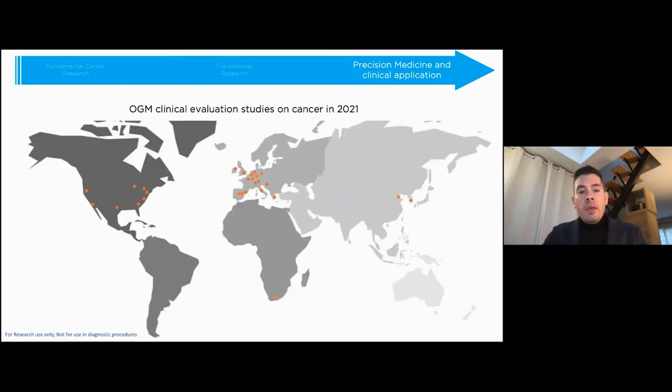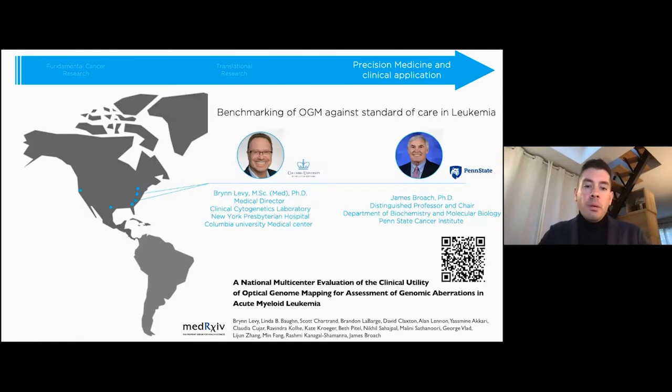We're seeing tremendous adoption all over the world, and numerous studies are now evaluating optical mapping against the standard of care for cancer patients. I would finish this workshop with the results from 3 users that nicely illustrate how optical mapping can modernize cytogenetics, identify clinically significant variants missed by a standard of care, and push the boundaries of precision medicine. The first study is a multicentric study led by Bryn Levy from Columbia University and James Broach from Penn